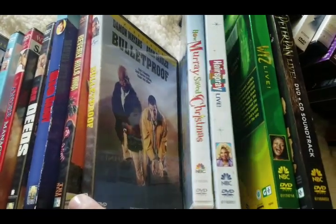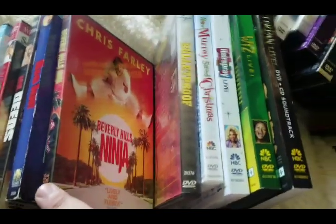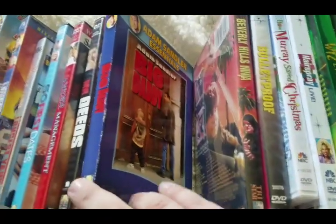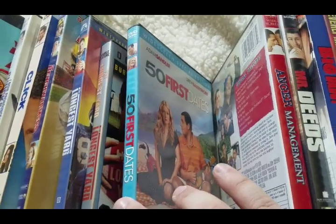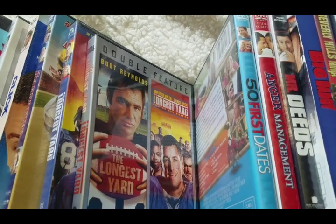Bulletproof, Damon Wayans and Adam Sandler. I got piss on me! Beverly Hills Ninja, Big Daddy, Mr. Deeds, Anger Management, 50 First Dates, the double feature set of The Longest Yard, both the original and the remake,